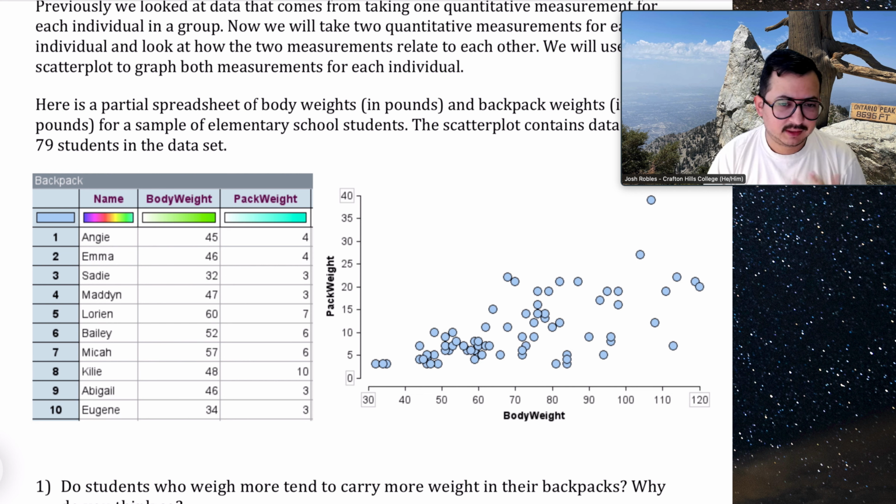One, you just need to identify the individuals, and that's just so that you could know which one you're talking about. So Angie has a body weight of 45 pounds and a pack weight of 4 pounds. Backpack is, I think, the point there. And so you can see there's a little snippet. There's much more than 10 pieces here, but now for each